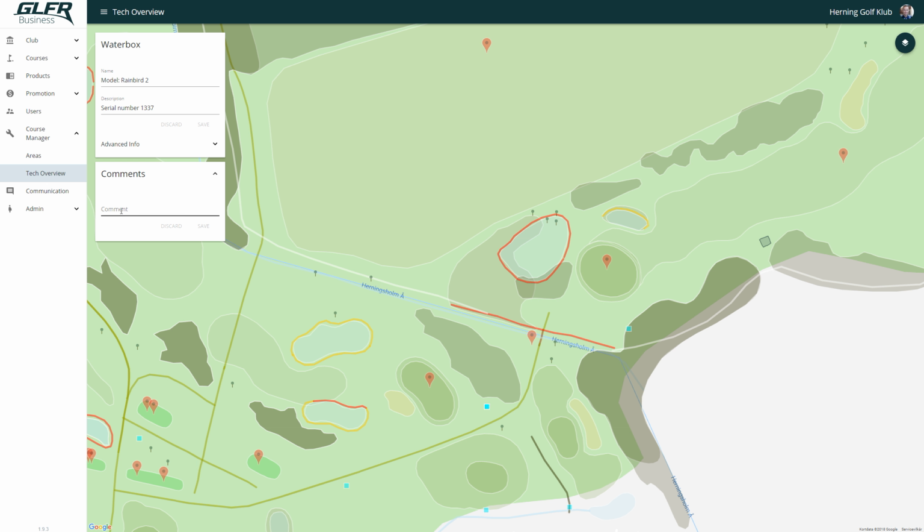You can also add comments. The comments are used to add timed information to this element. So you fixed it, or you changed it, or you added it, or whatever you did to it. Let's say we fixed the handle of the box. When you click Save, it gets a user and a timestamp so everyone can see when the handle was last